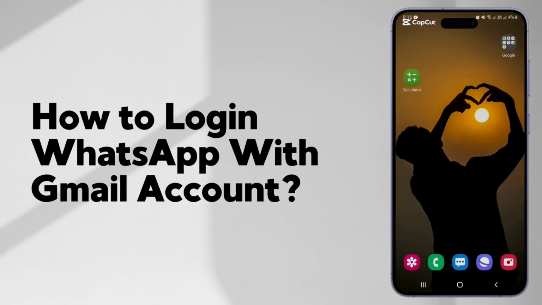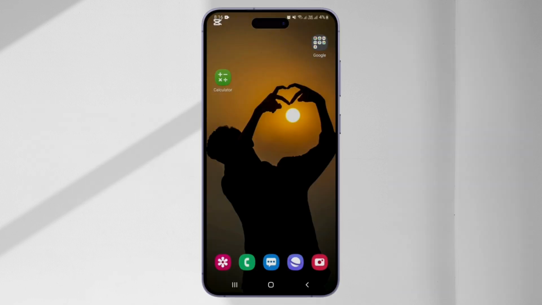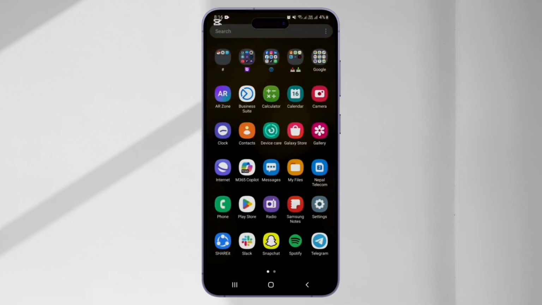How to log in WhatsApp with your Gmail accounts. So first of all, you will have to open the WhatsApp app on your device. So simply open the WhatsApp app,